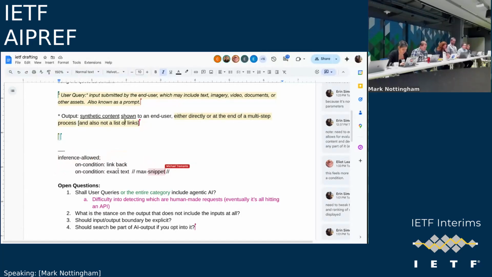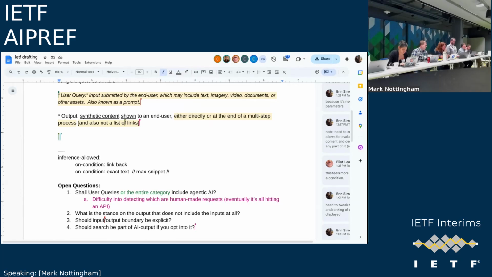But it seems to me like when we're talking about search, and now that I've learned more about the use of AI and even the indexing and ranking section, it sounds like the search category could benefit from subcategories, one of which is only indexing and ranking is allowed. Another one is like an AI overview summary type thing.